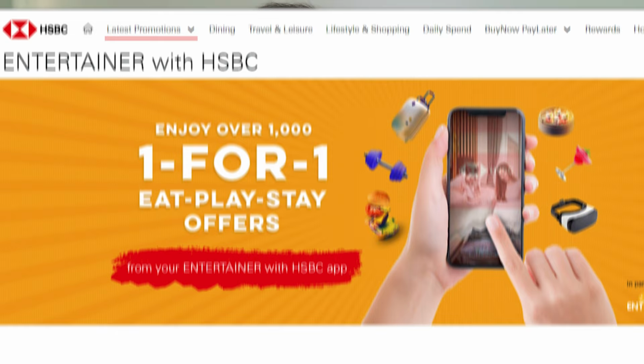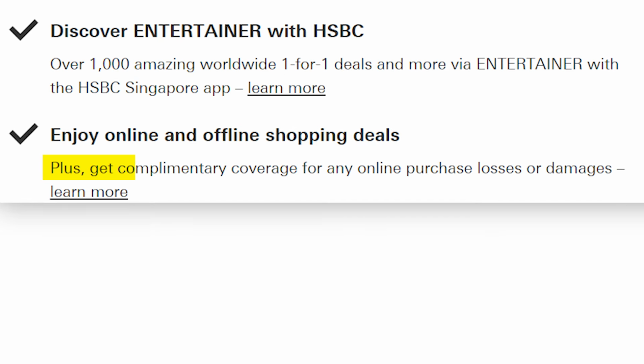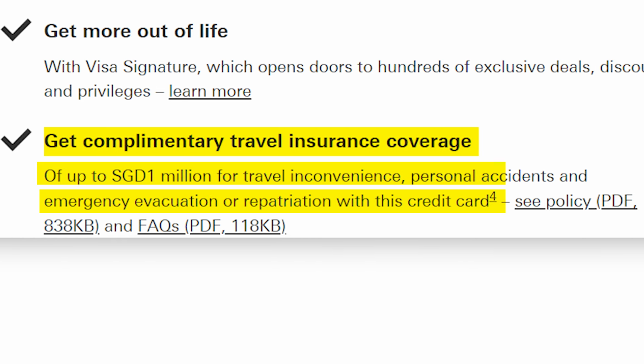As a HSBC card holder, you will also get to enjoy some side perks, such as a free entertainer account which offers 1-for-1 deals, complimentary coverage for online purchase losses or damages, as well as up to $1 million in travel insurance coverage when you travel overseas. So that's nice. In short, as long as you can spend a minimum of $600 per month for the entire